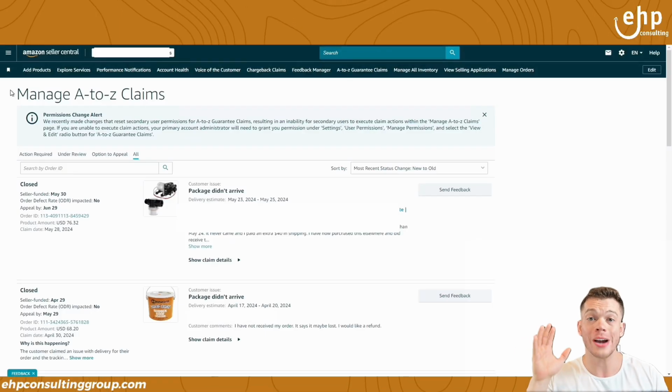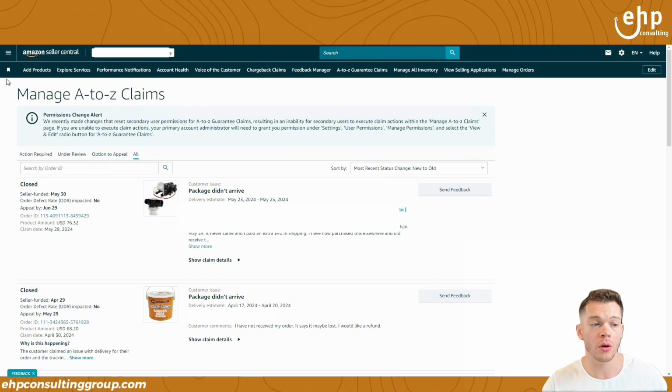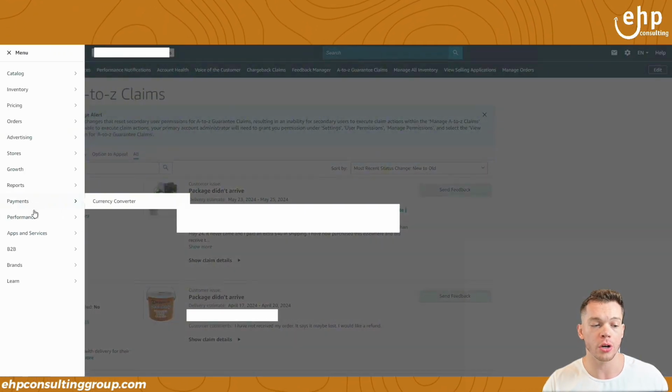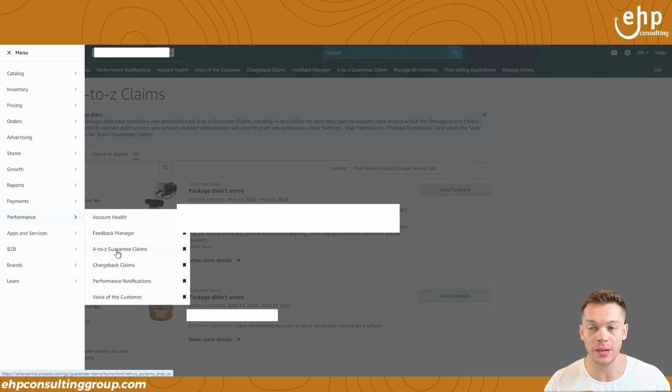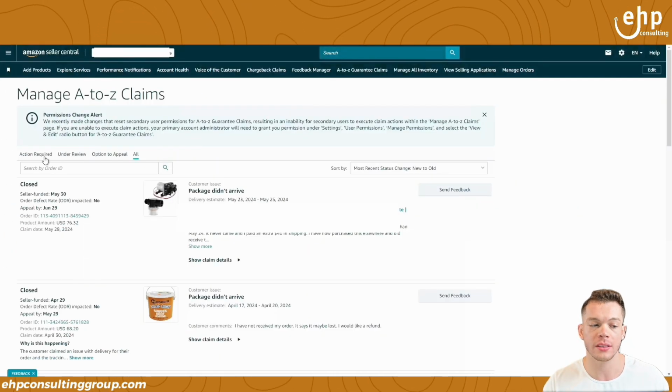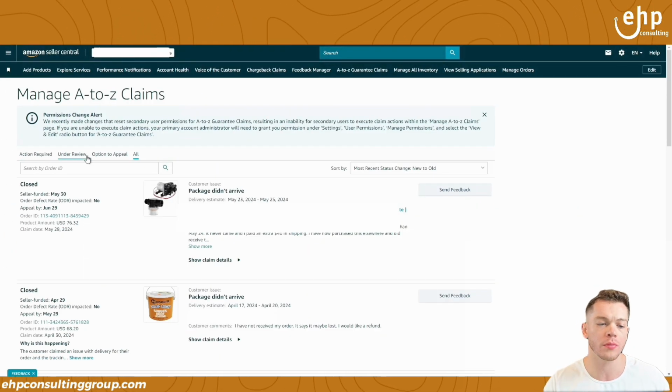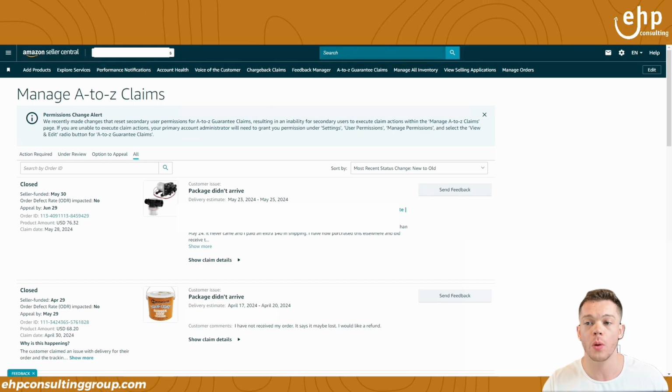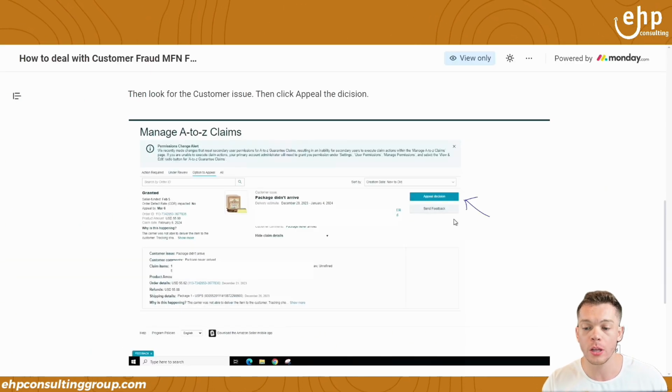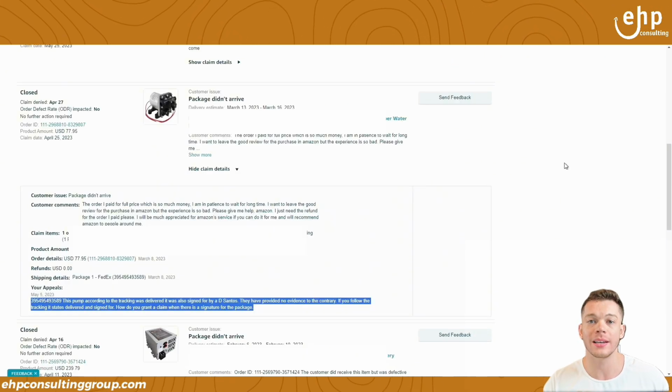So first, you're going to go to your Amazon Seller Central account. You're going to log in, and then you're going to go to Performance, A to Z Guarantee Claims. You're going to see a page like this. You're going to see Action Required under Review, Option to Appeal. This is where you're going to appeal. The appeal button's going to look like this, and you're going to appeal that Amazon A to Z